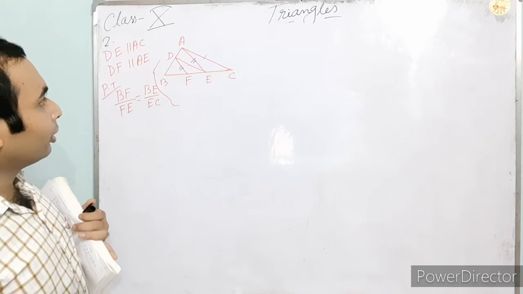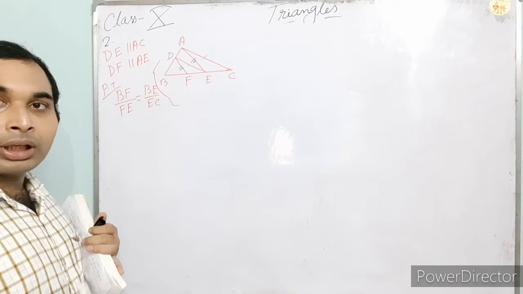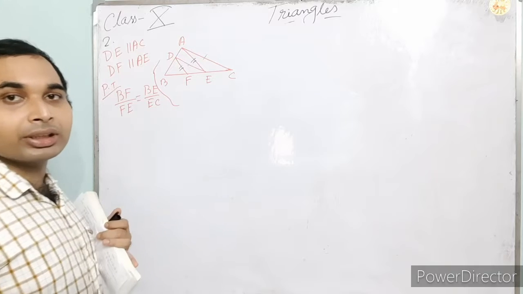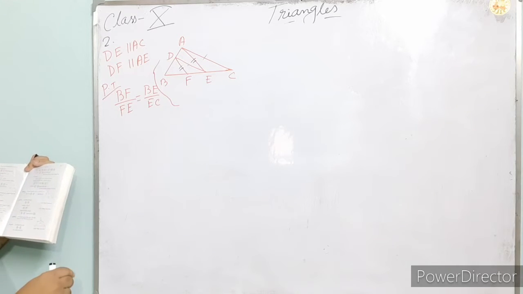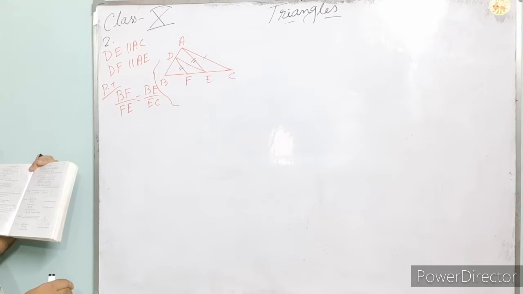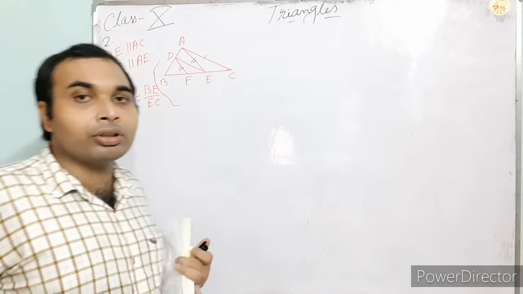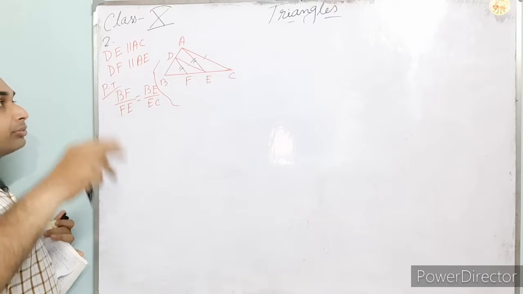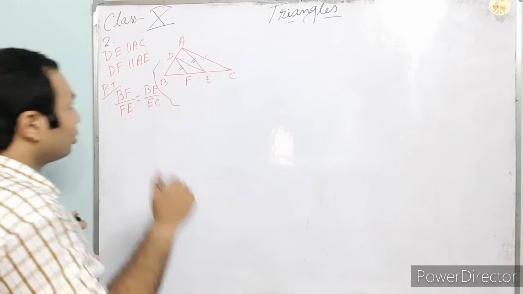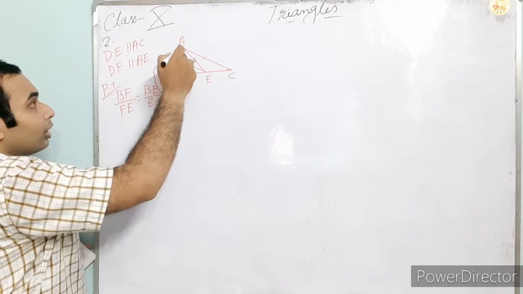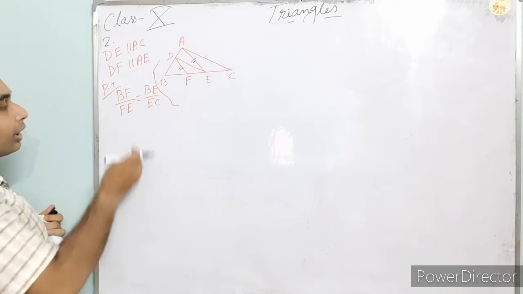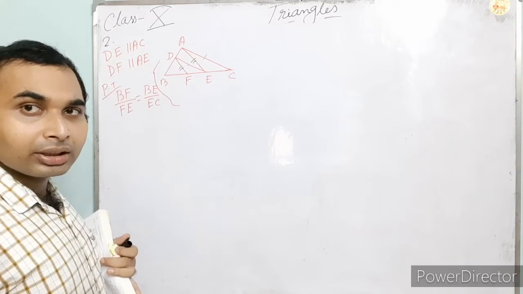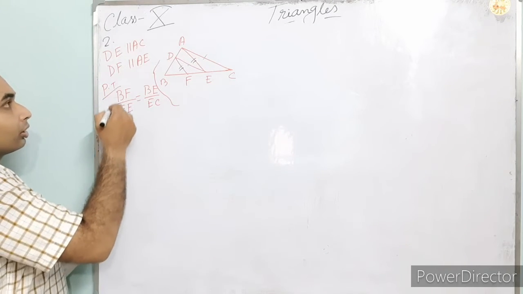Looking like this, it is very tough. But believe me, it is not at all tough. It is the easiest application, and it has come in 2005, 2007, and I have seen it in 2011 or 12 also. Those have come in CBSE, that's why I am doing those. Let us apply the Thales theorem here. Whenever you see this type of proportion, try to apply the Thales theorem. It is the easiest one.